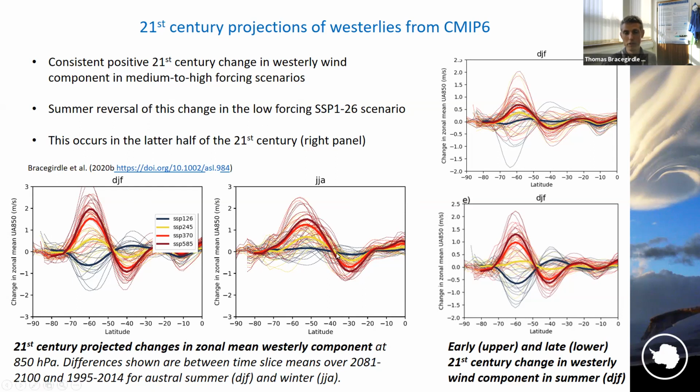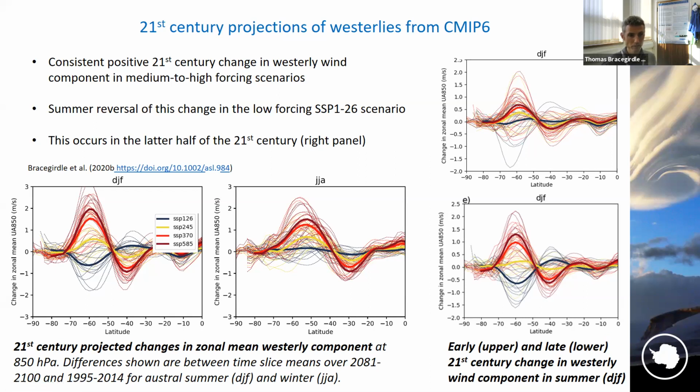And that's for the Southern Hemisphere winter. And the main point here, I guess, to take home is, unsurprisingly, there's a big range across the different scenarios, with the highest forcing scenarios showing increases in the westerlies, and these actually represent poleward shifts as well, although you can't quite tell from these plots where the baseline is, but in both seasons. In the summer season, in the low emission scenario, there is this decrease in the